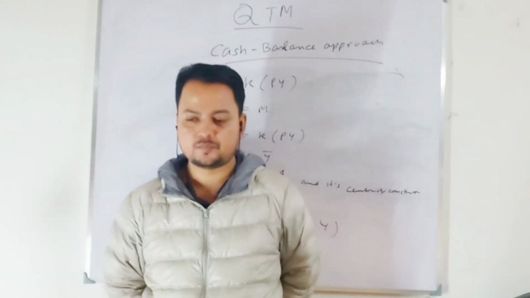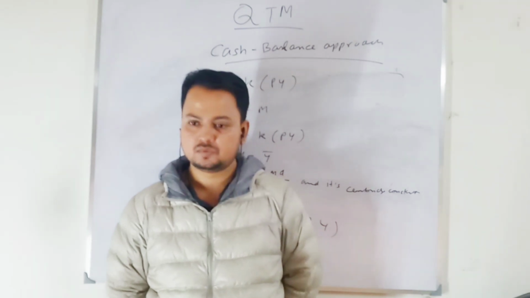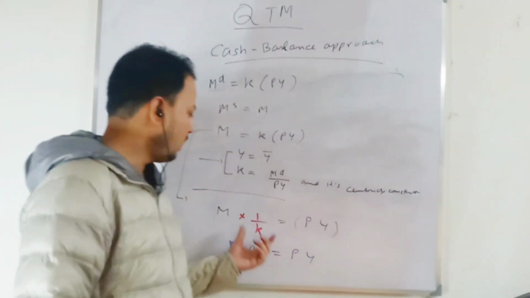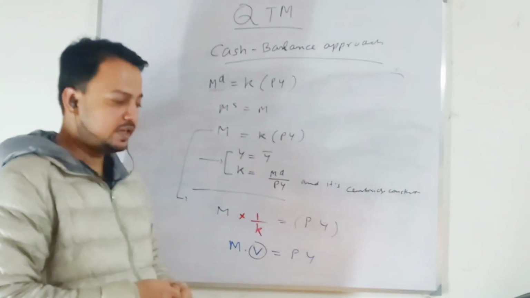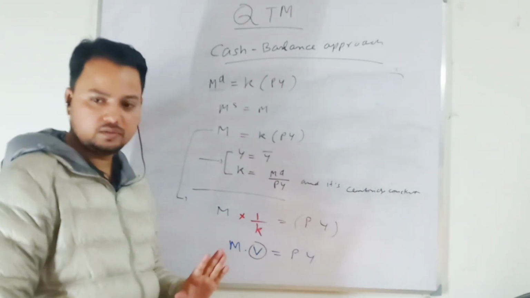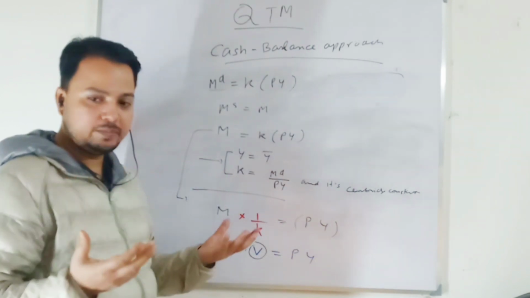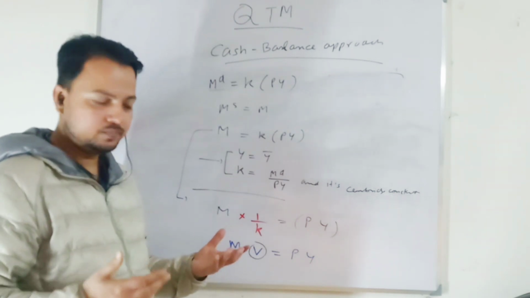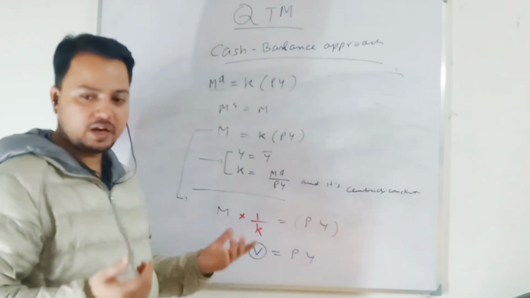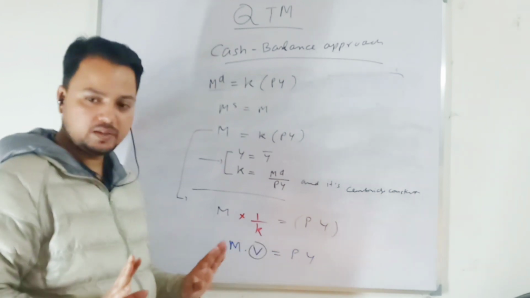Okay, that is sufficient. So both approaches are based on truism. Truism basically means that whatever equation is given, this equation and this equation, we cannot explain more than what is given in the equation. So how the price level is changing, what is the dynamics of the price level, we cannot talk more about that, right? So this is more of a truism kind of equation. We cannot explain more than whatever variables are given.